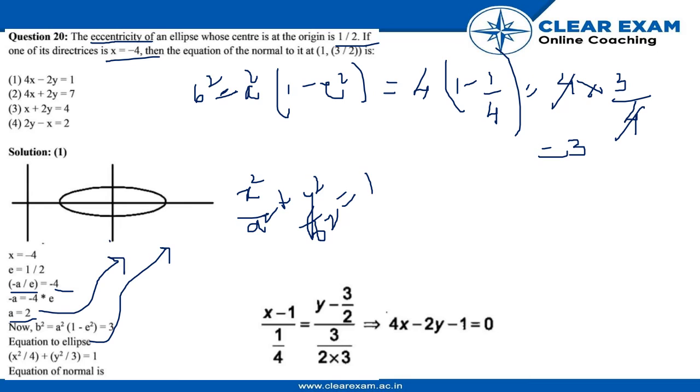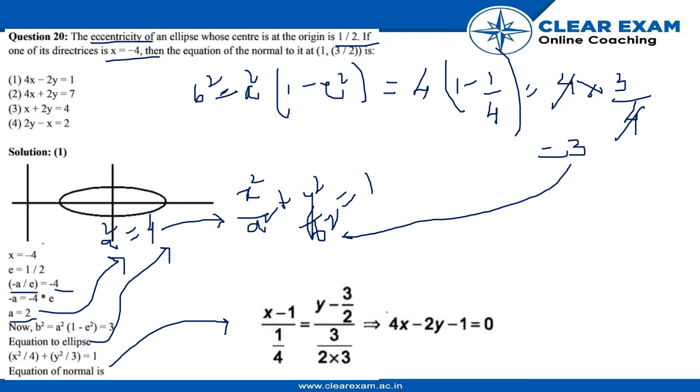So a square is equal to 4. Just put these values over here, then we will get the equation of our ellipse, that is x squared by 4 plus y squared by 3 equal to 1. Now we have to create the equation of the normal,